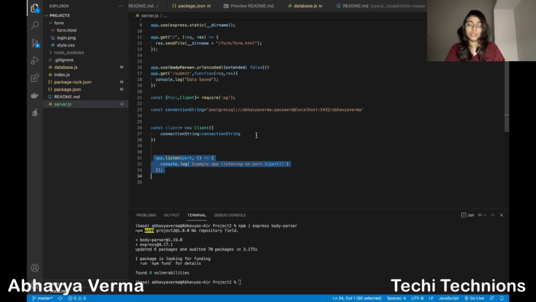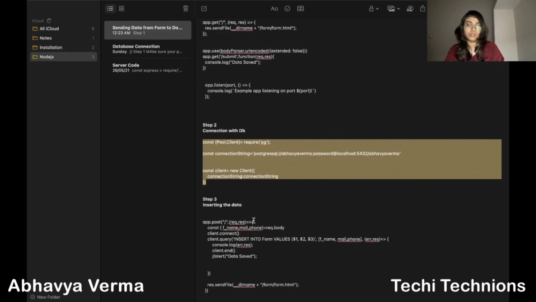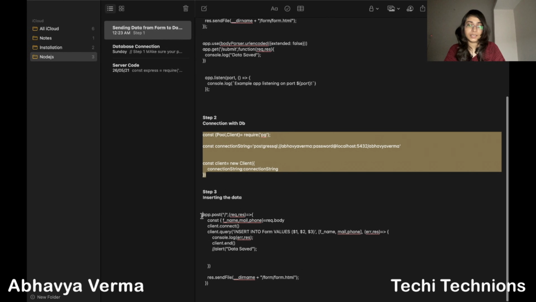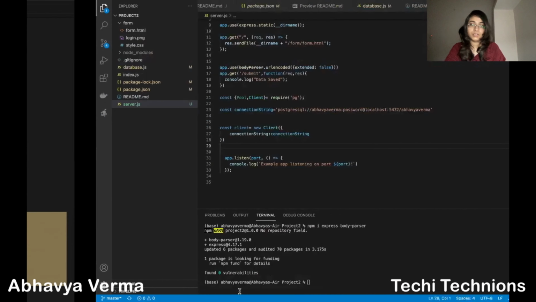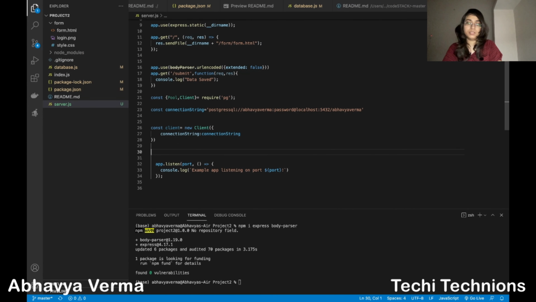Here I have created 2 objects, pool and client, and I have used the module pg. pg is for Postgres, and this is my connection string. Now I am creating an instance of the client object using the string, and I will give my insert query here. The final step is that when we click the submit button, it should perform this task.